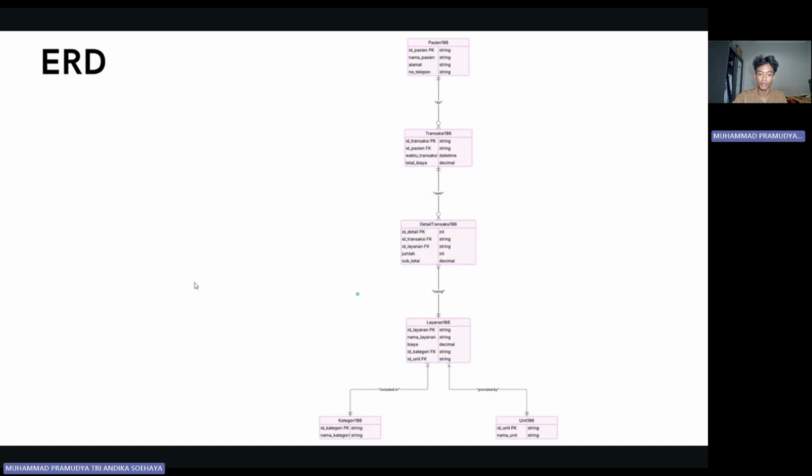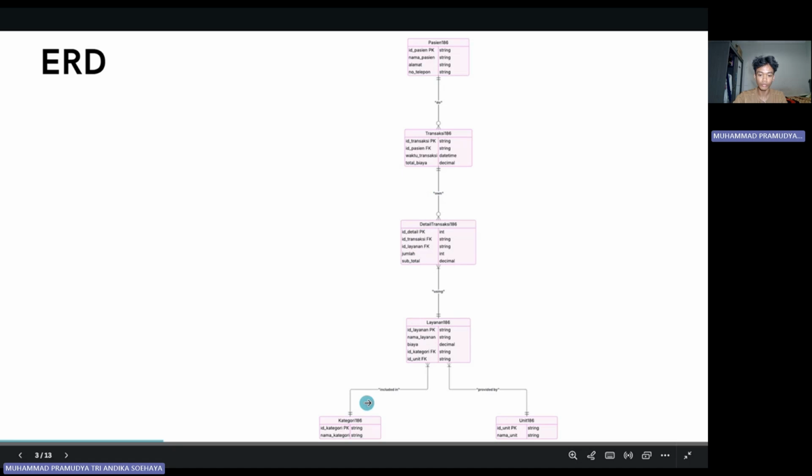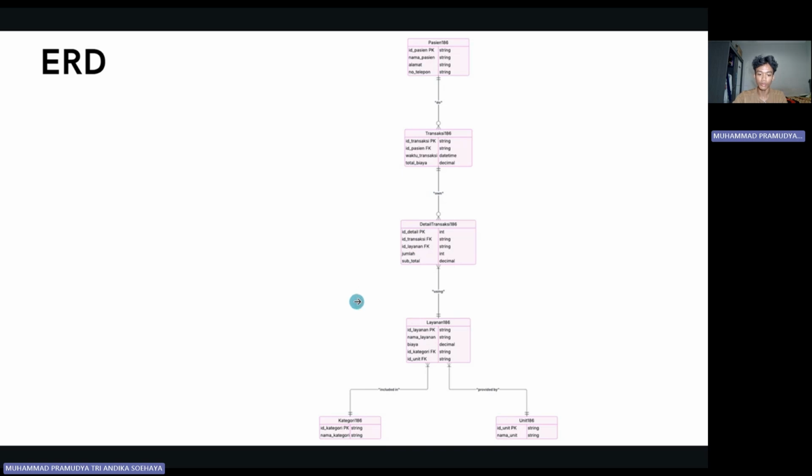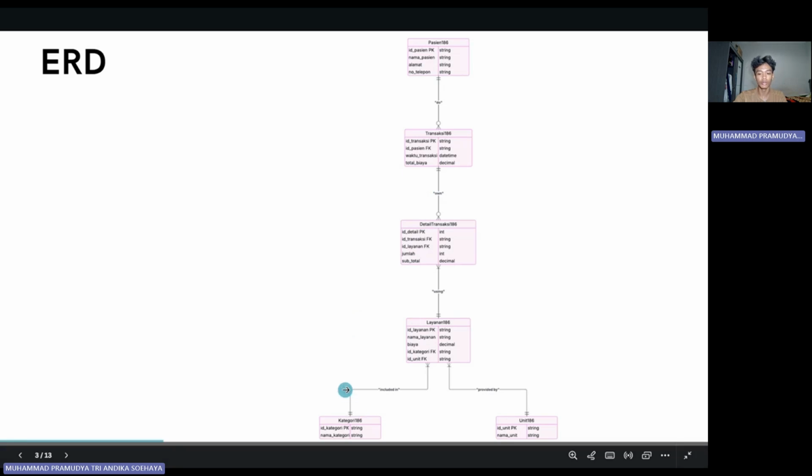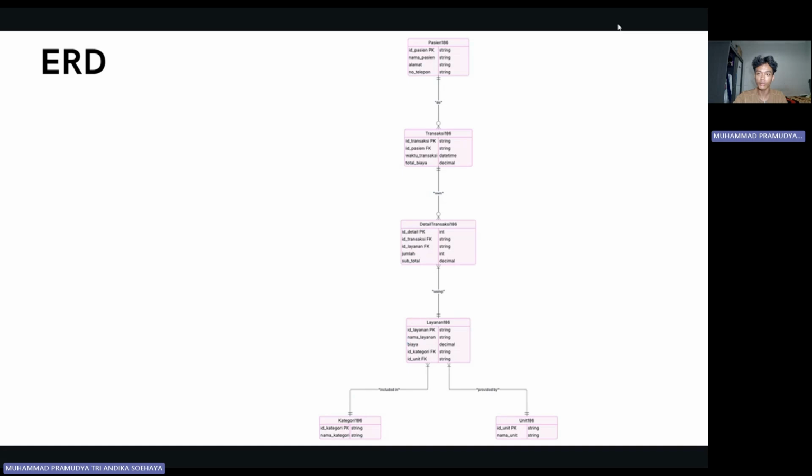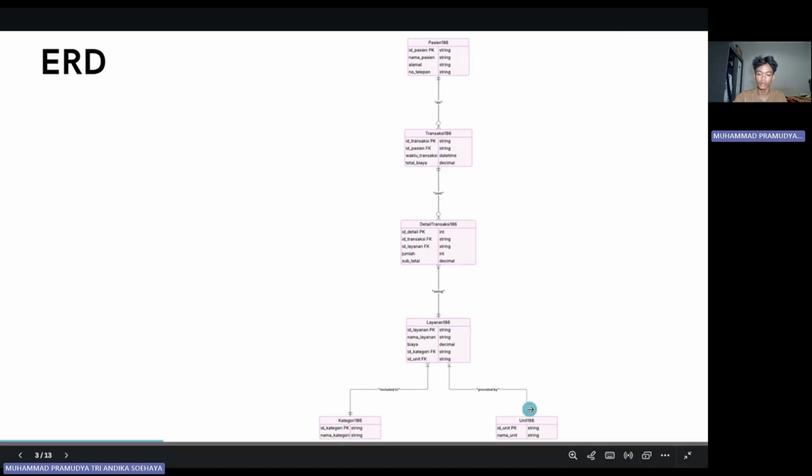And then we have Category 186 in here. It contains ID category as a primary key, and name category as an attribute. And then we have Unit 186. This contains ID unit as a primary key, and name unit as an attribute.